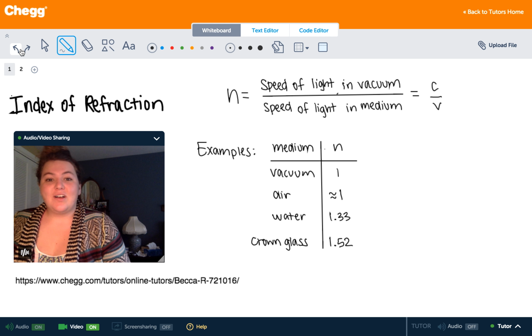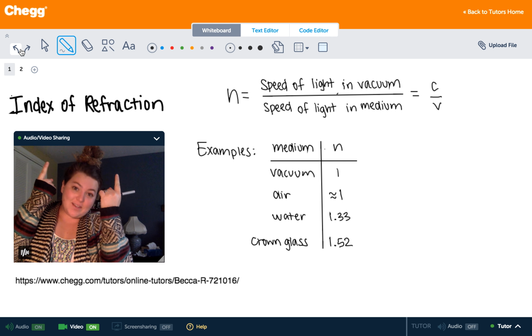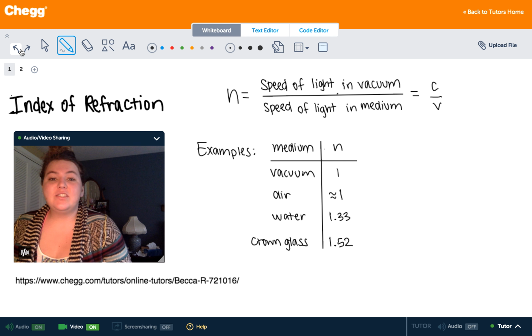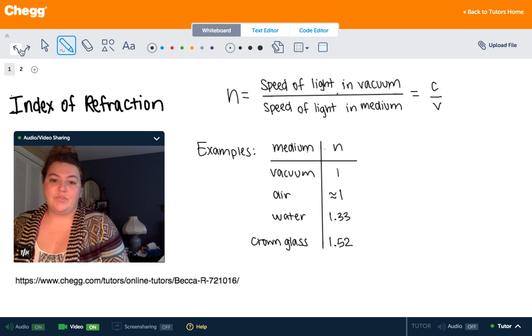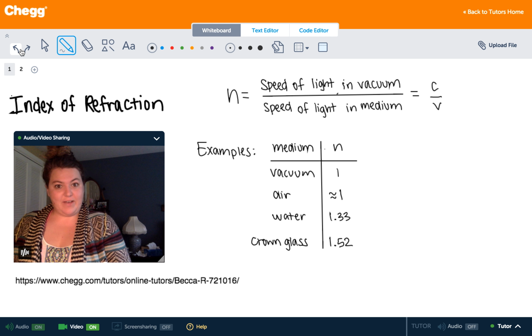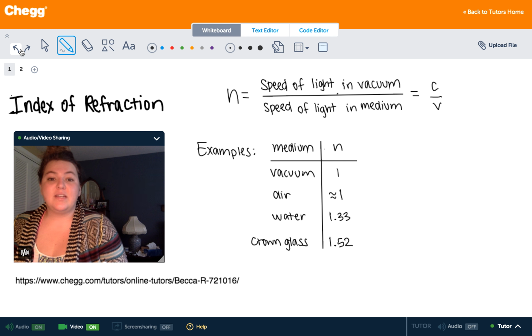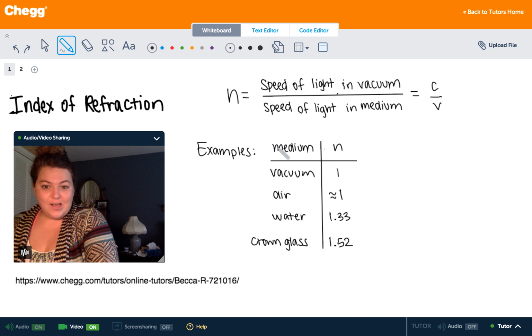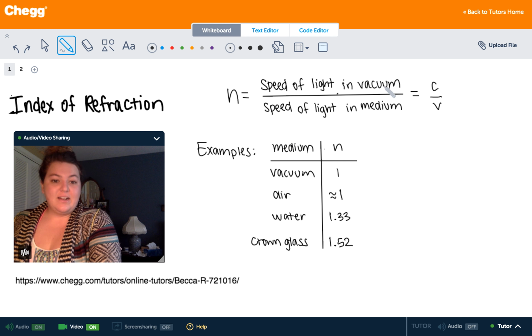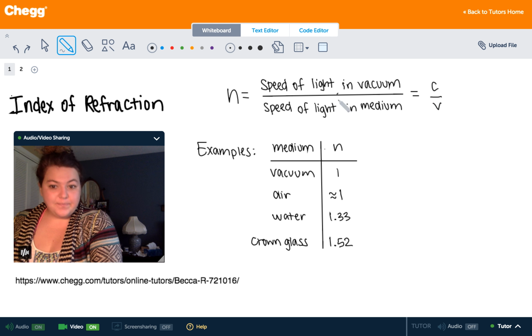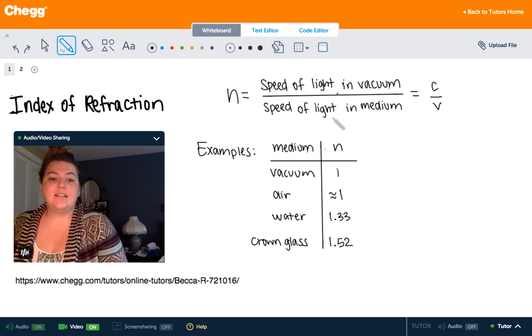But today I'm going to talk to y'all about something called the Index of Refraction. Now, if you've ever taken an optics course, you will have heard of the Index of Refraction, and it's just a way that we can measure how much a light ray is slowed down by a medium other than a vacuum. So the Index of Refraction is given by lowercase n, and it is the ratio of the speed of light in a vacuum, which we know is c, to the speed of that same light in some other medium